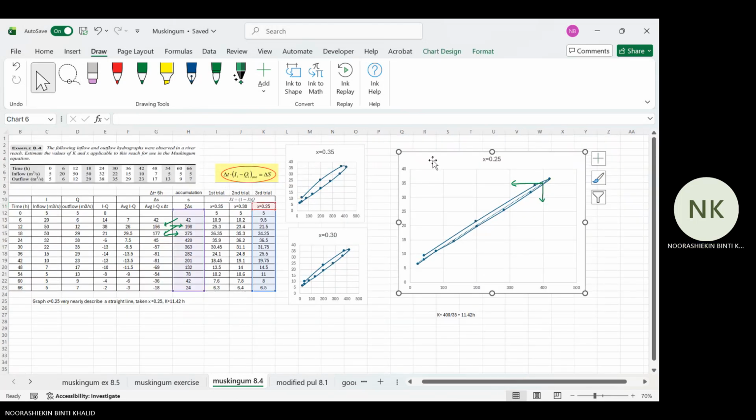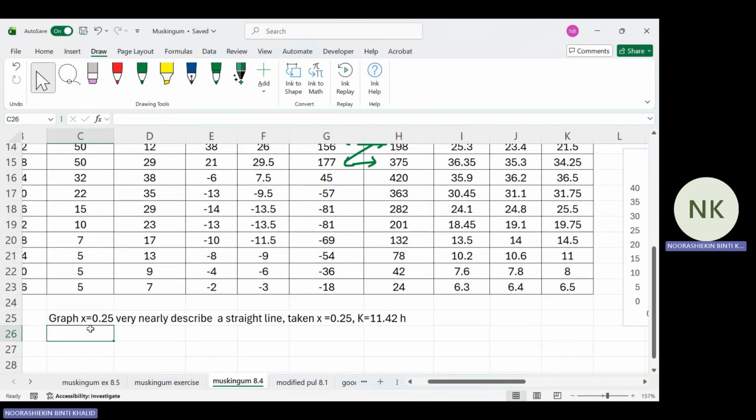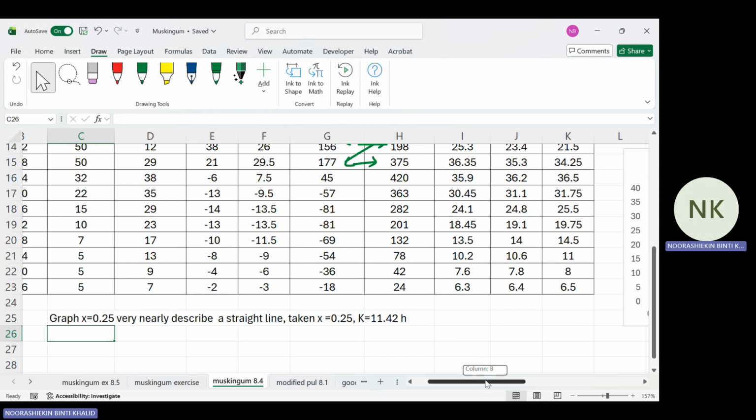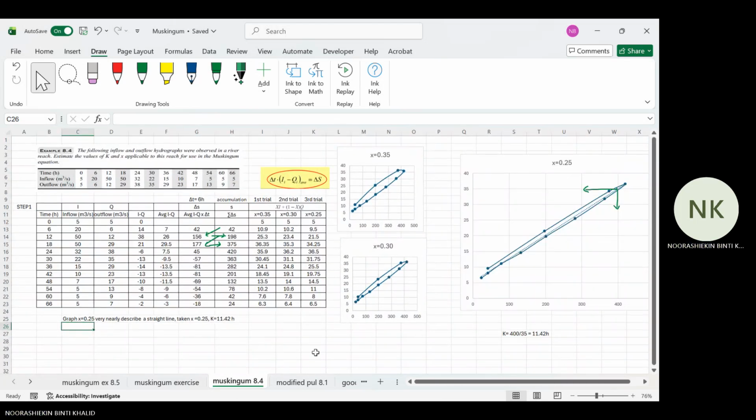It's more narrow than the narrowest one. You find out the narrowest one. So the graph with x equal to 0.25 very nearly describes a straight line. So we take x equal to 0.25 and then you get k equal to